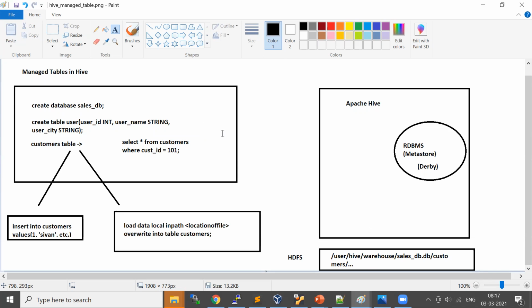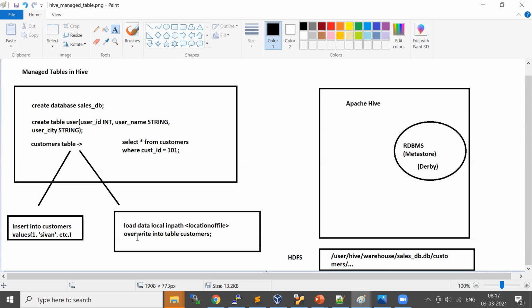Okay, let us do this data. Any question you have? This inpath file, does it allow data to override, or can it append also? Like with insert, we can append also. We can see actually.